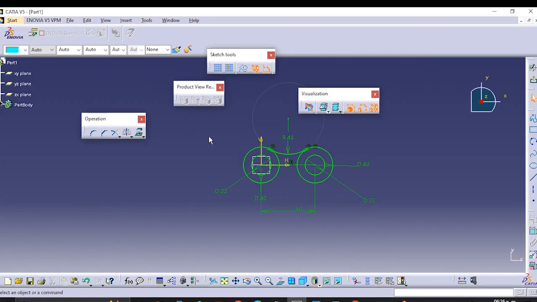And we make a symmetry, a mirror. Select this and this line, and that's it. We're going to delete some parts of this sketch. Select this again,